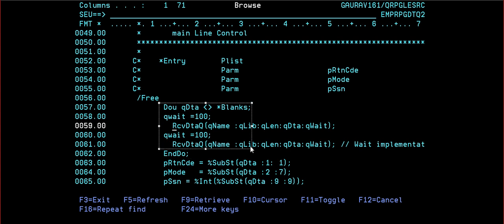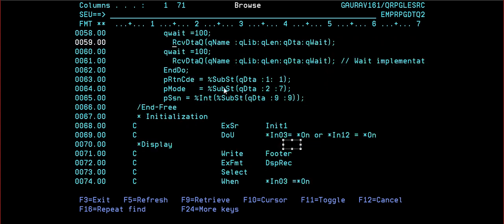And always it will be in a loop. I have written this in two places, but only one has to be there. I am checking two times, and it should not be. If you write 0, it will immediately check, and after that the value will come in the queue data. So the queue data, I am again passing using substring, and I will get it in here.